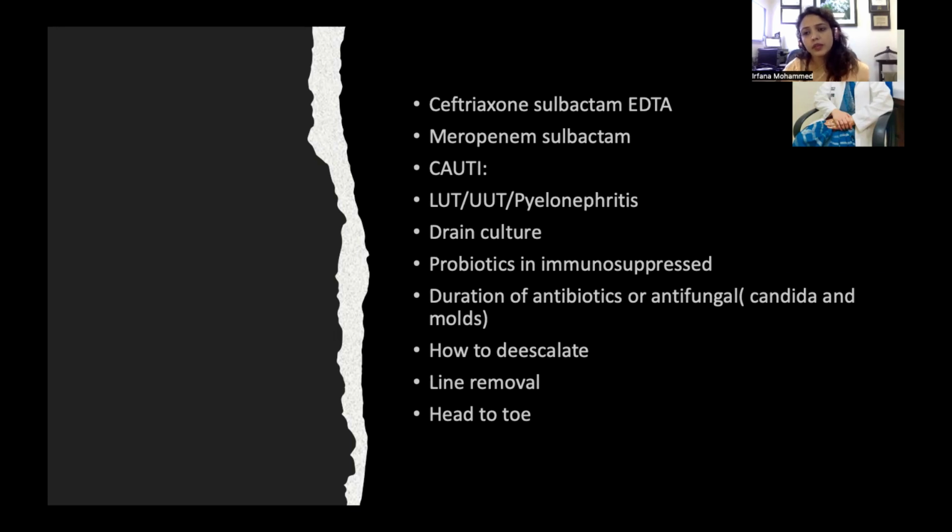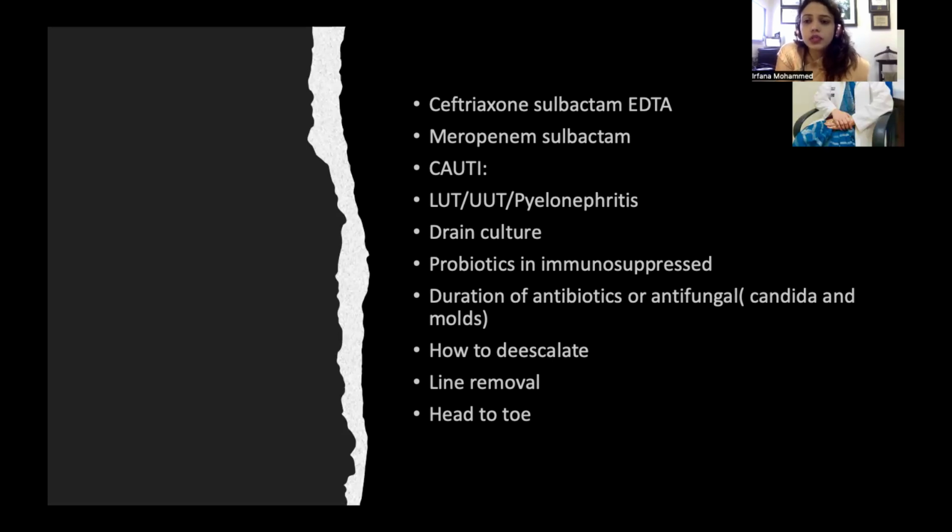That much of EDTA can't be put into the drug, and if it goes into the system, it is extremely toxic. The dose of EDTA which needs to be given for it to act is to the extent of lead toxicity. Whatever EDTA dose you give in a patient with lead toxicity, that much of EDTA you will require for it to act if you have to give ceftriaxone-sulbactam-EDTA. Basically, EDTA chelates the zinc ion, and that's how it